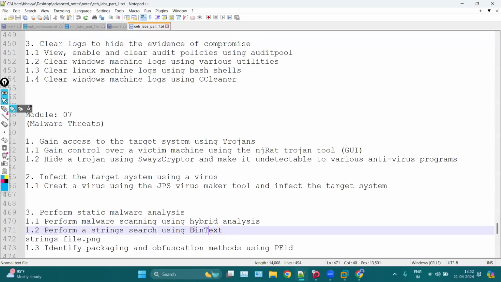BinText is an application which will check if there's any hidden code inside your file or not. Okay, for example,